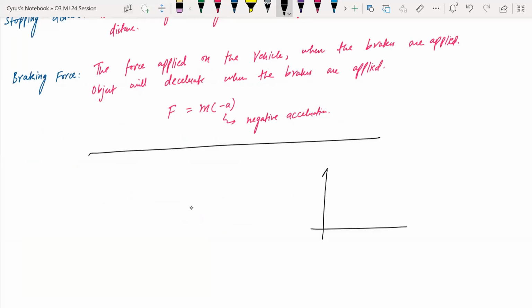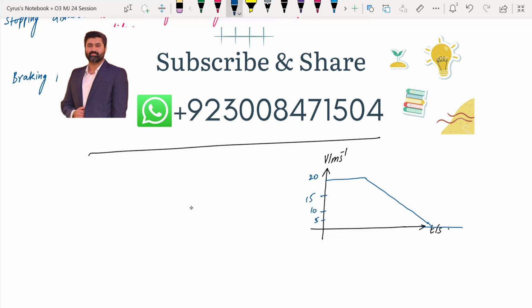For example, we have velocity on the y-axis and time on the x-axis, like this, and we have this graph. You have the speed here, let's say 20, 15, 10, 5 and 0. So let's say that this cyclist covered a certain displacement as well. This is 2, this is 4, let's say this was 5, and we have 6 here, 8,